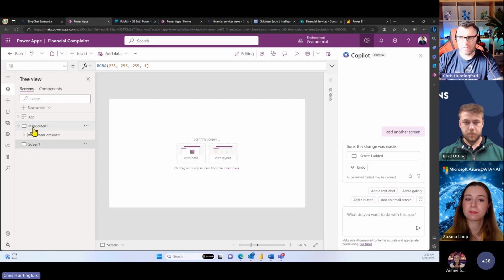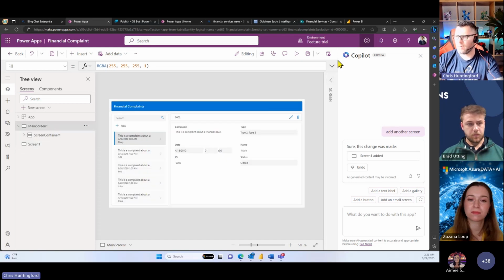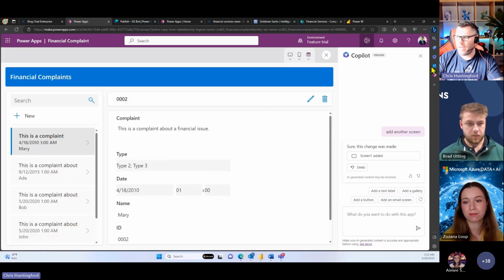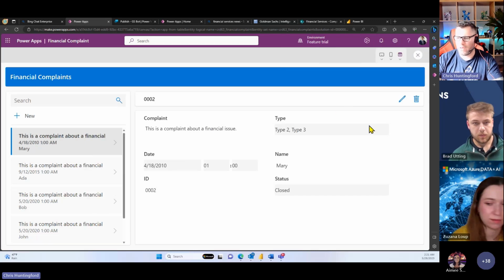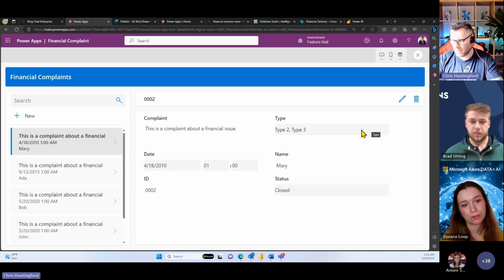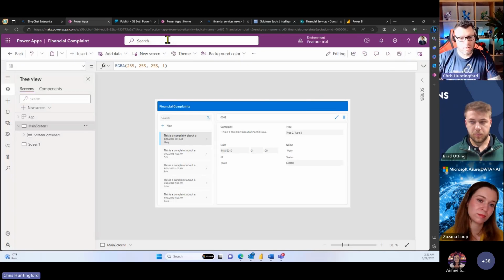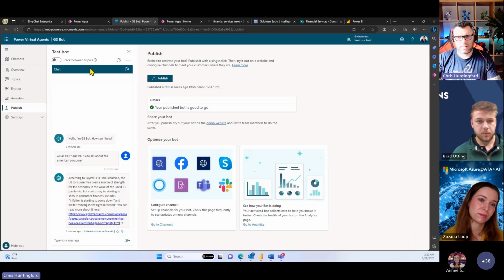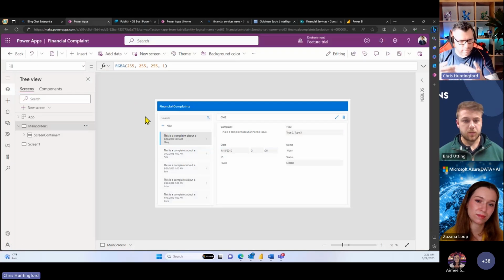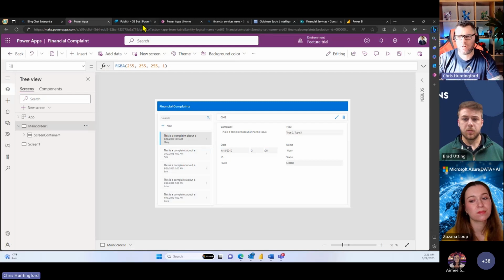There we go. So you can see it's added another screen, and I can quite easily go and run this app right over there and close the Copilot, because I'm done with you, AI, and I can go ahead and capture information. Now, I won't publish this to my phone, but it's super easy to do, and that bot is live straight away. One last thing before I talk. So we've created a bot that interrogates some data. We've created an app that fronts a bunch of data to me. Last thing I thought I would show you